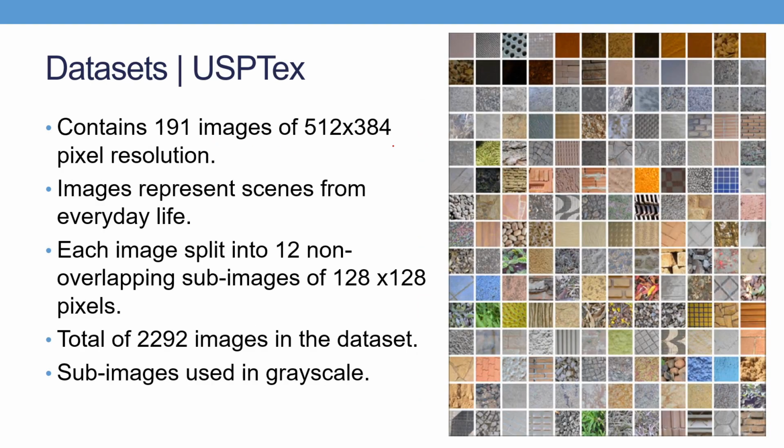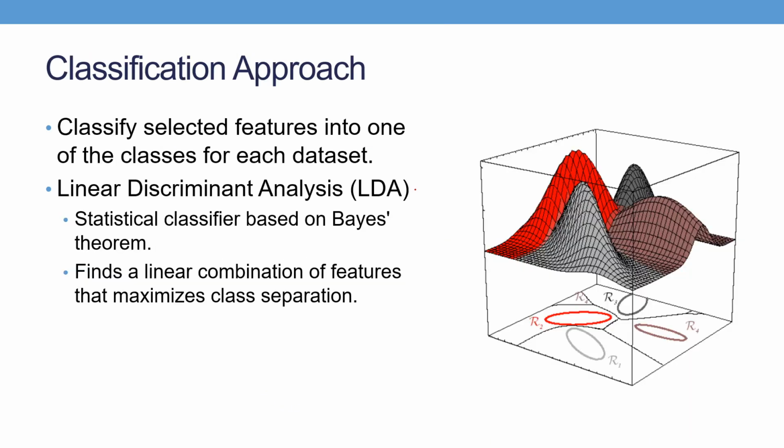USPTex is a set of 191 images. They have this size, but we crop them into non-overlapping patches of 128 pixels. We also use them in grayscale, not color. For classification, we use LDA, linear discriminant analysis. That's a statistical classifier based on Bayes' theorem, and it finds the linear combination of features that best separates the classes